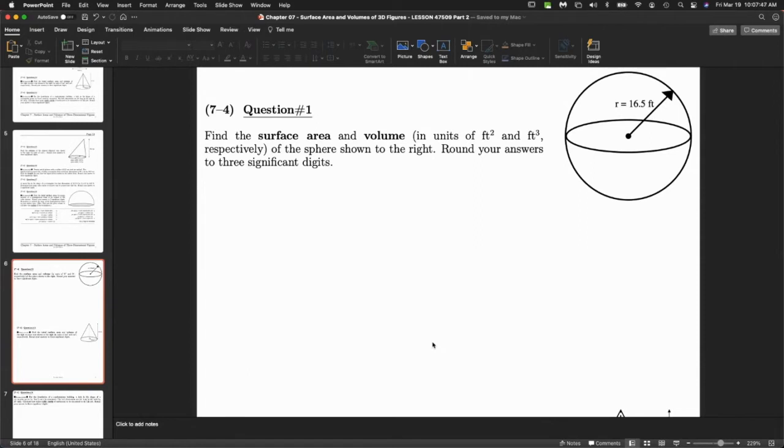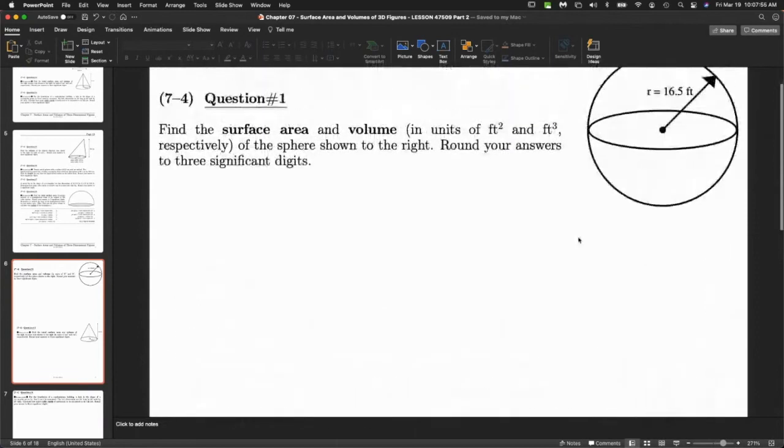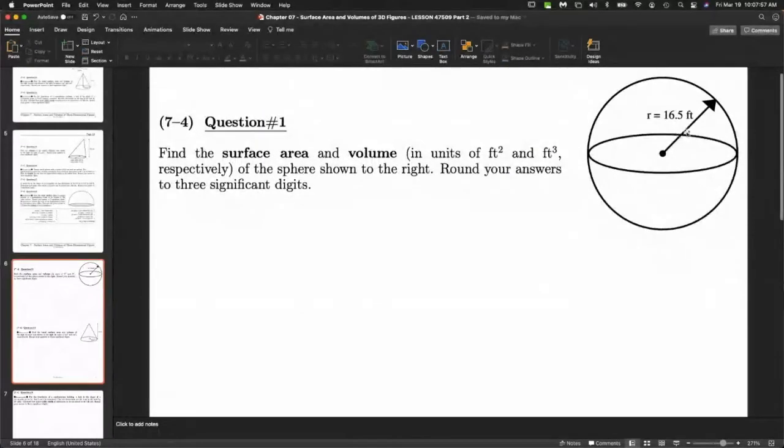So here's question one. There's the sphere here, and we're given the radius. There's the radius, 16.5 feet. Let's just zoom it in a little bit. The radius is 16.5 feet, and you're asked to find the surface area and the volume